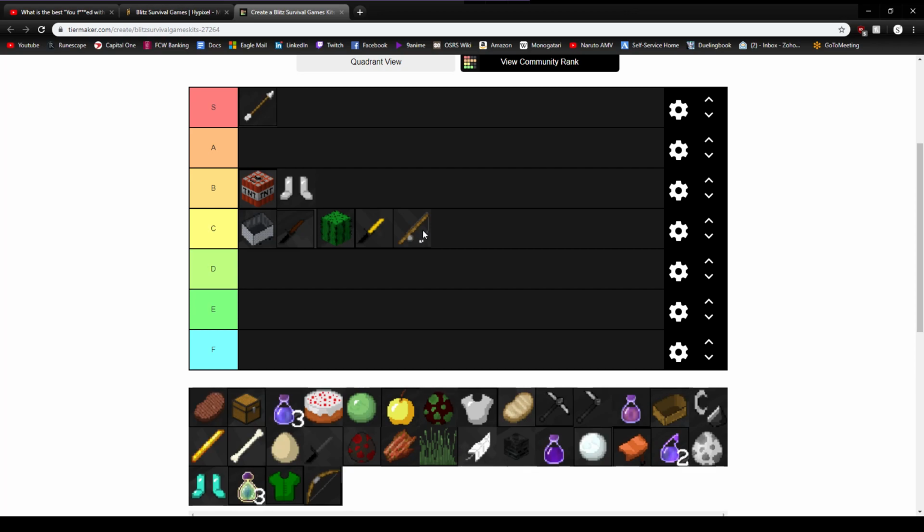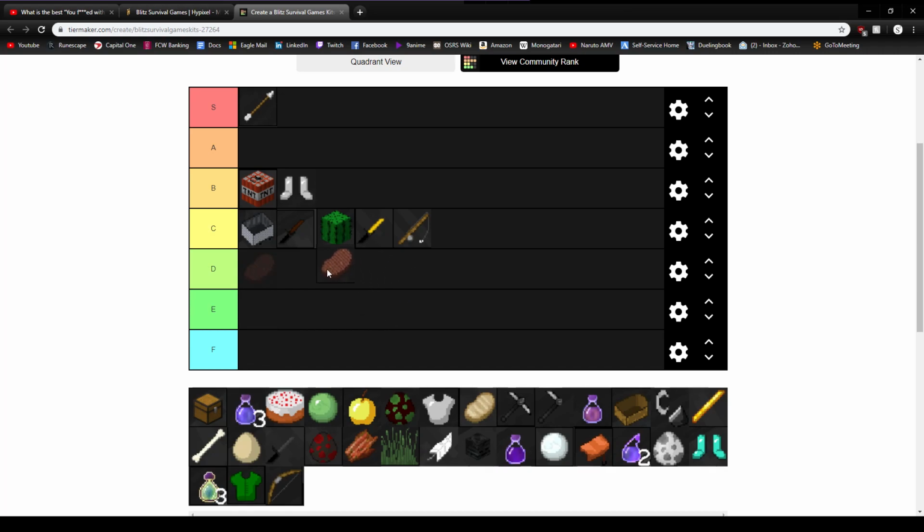All right, Meatmaster. This kit gets a lot of protection. It is a decent kit. However, it has no utility and it's clearly outranked by a lot of kits. I kind of want to put this in D, but I mean it is a prot 4 diamond piece, so